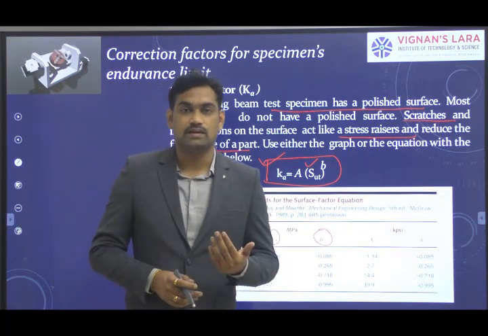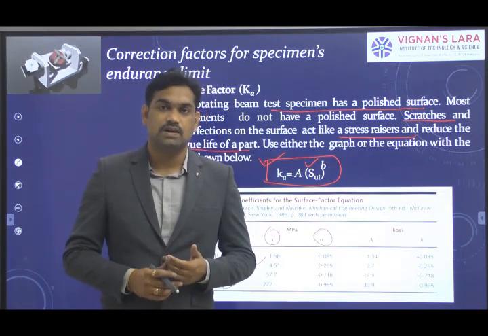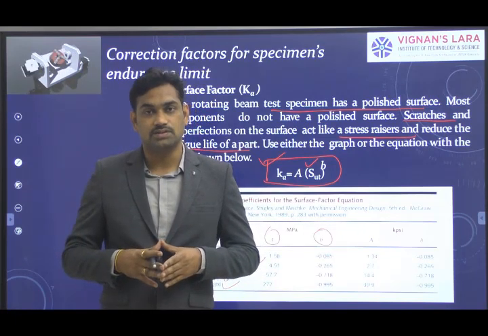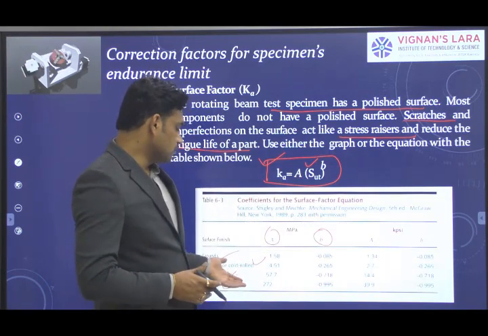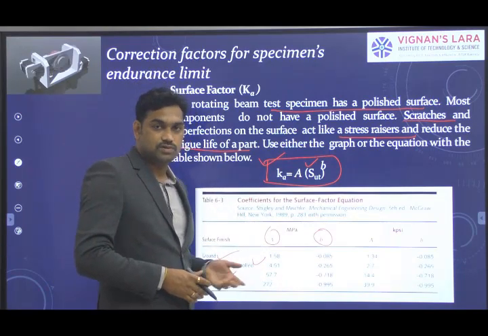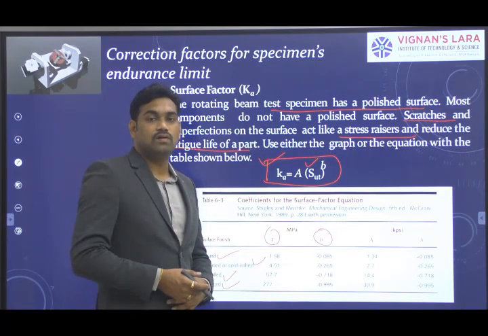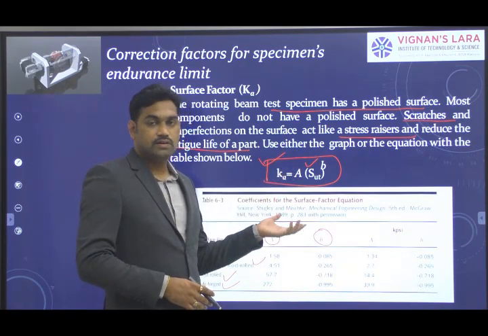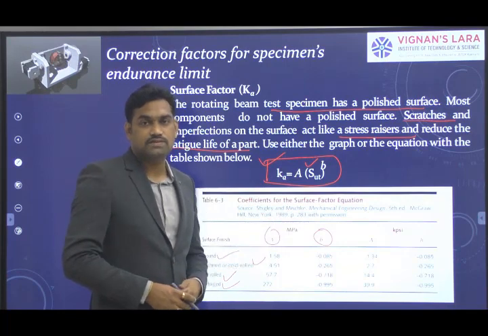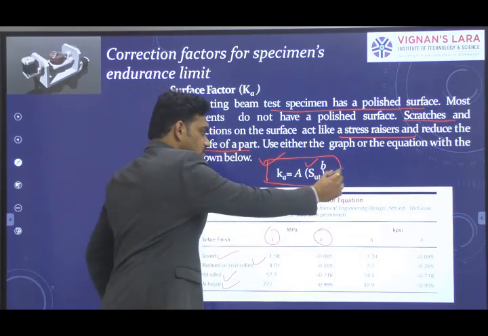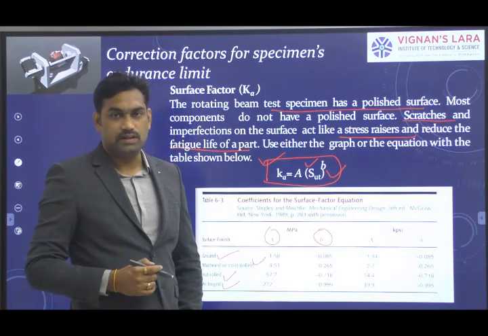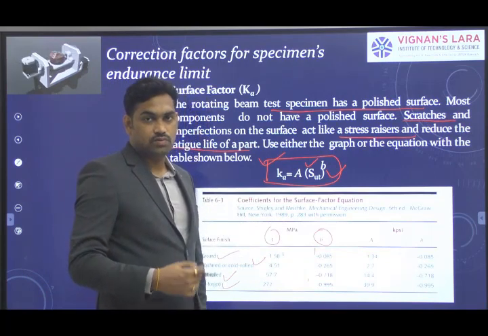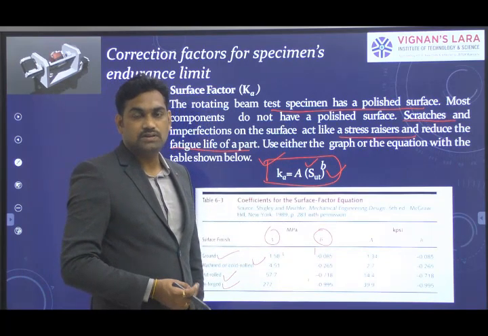So in the experiment you can provide a mirror fine surface finish, but you are not going to provide a mirror polished surface in all the cases. You can go with the machined, or you can go with either ground, hot rolled or forged one, based upon the requirement of that particular machine component we are having, so that you can reduce the endurance limit corresponding with the value of the surface finish factor, which can be obtained using this relation, and tensile strength you can take for that particular material. The A and B values can be varied here based upon the type of surface finish we are going to provide for the actual machine component.